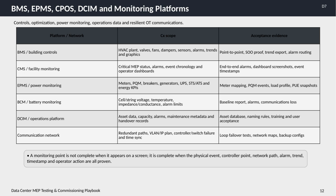Operations platforms like DCM handle asset data, capacity, alarms, maintenance records, and user training. Acceptance evidence includes comprehensive asset databases, adherence to naming rules, and successful user acceptance testing. Communication networks require validation of redundant paths, network mapping, failover capabilities, and time synchronization through loop failover tests and reviewing backup configurations. A key point to remember is that a monitoring point isn't truly complete just by showing up on